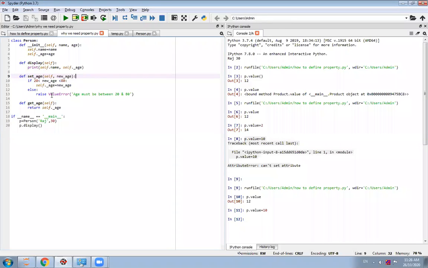Because the age is a private variable, the customer can access this age by using this getter method, right? But to set an age, we have put a validation. Okay, so this is our instance, the class name, and these are the name and age.